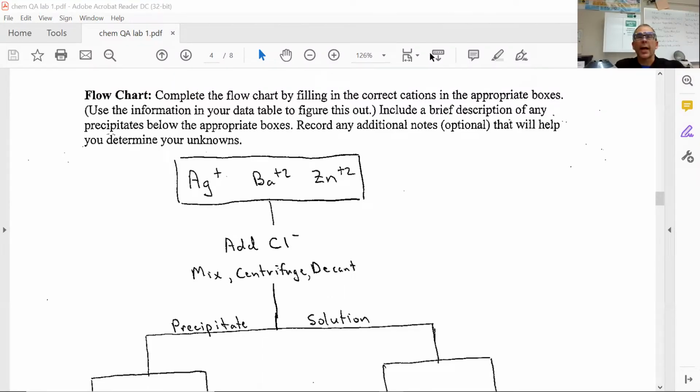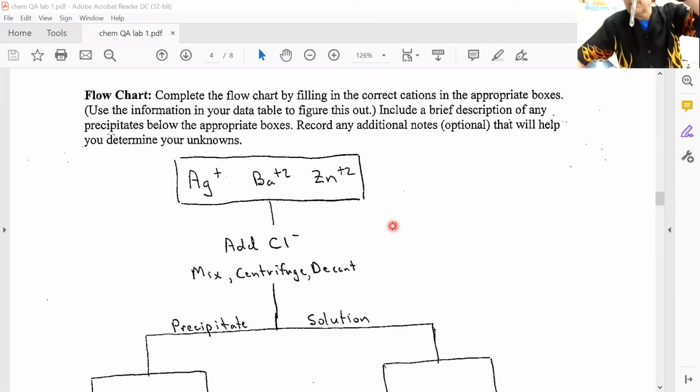Qualitative Analysis Lab, unknown E. And here is unknown E. It looks like this, which, like all the other knowns, looks like just a clear solution, but there are some